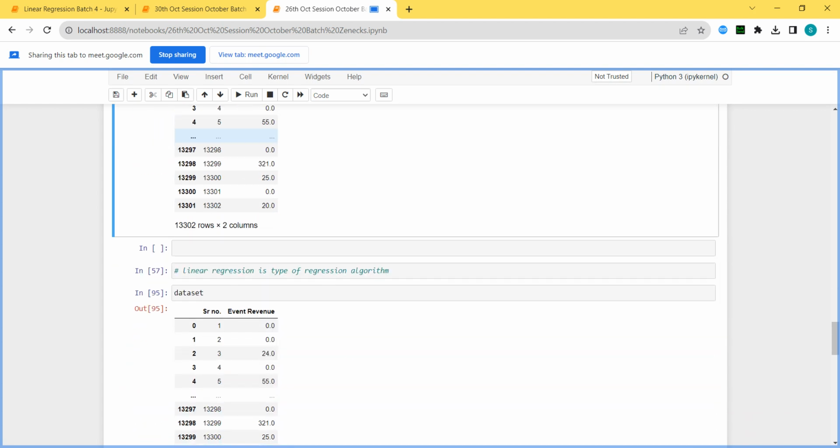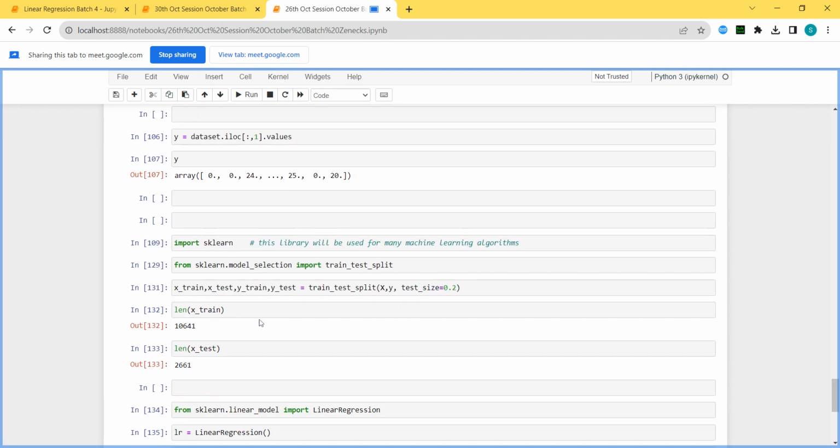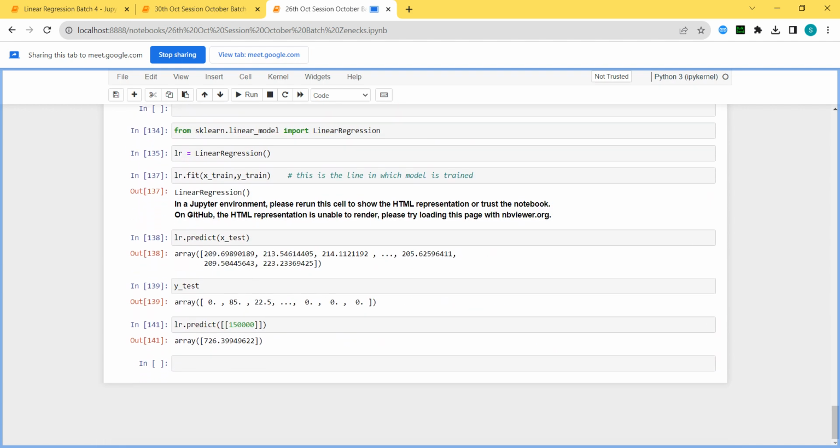Now from this data set, I will apply the same thing, the way I applied it to the HR data. And yesterday we saw that our prediction went somewhat different. You can see that my actual value is 0, and my prediction is like 209. Actual values are always stored in y test, and my predictions are predicted from this particular code. So you saw 209 and 0, too much difference, sir. Huge error.